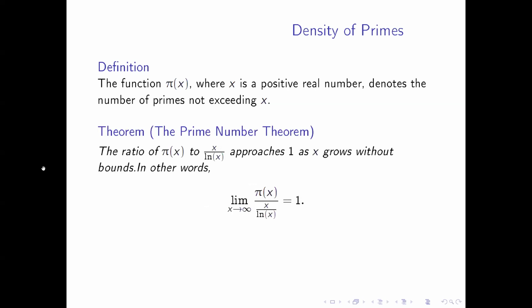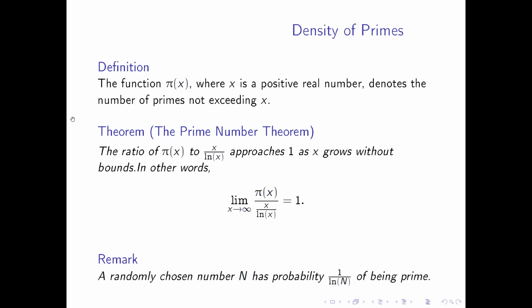This is a really cool theorem that was proven a long time ago, and it involves limits. I know this looks horrible and ugly, but the ratio of the number of prime numbers to x divided by the natural log of x goes to 1 as x goes to infinity. What does that mean? By the way, the reason we use x is because technically we allow this to be any real number, because that allows us to do more analysis than just integers. But that legitimately means that the number of prime numbers